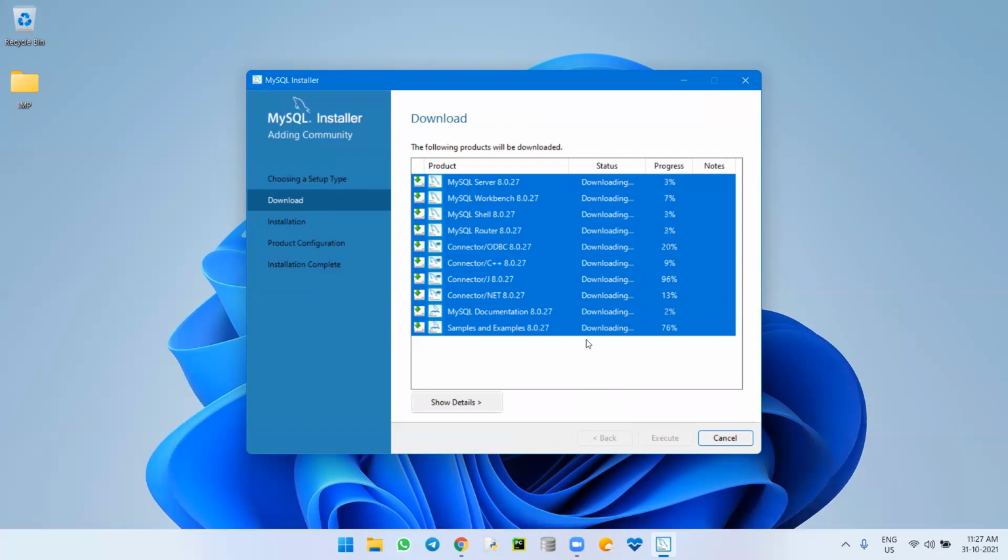See here, you can see the progress. It was selected previously, and now it is going to download all the things. It will take a little time depending upon your internet speed. After downloading, it will be installed.